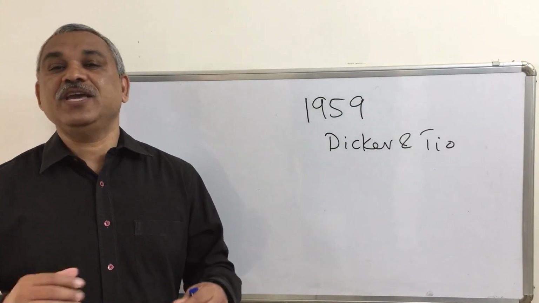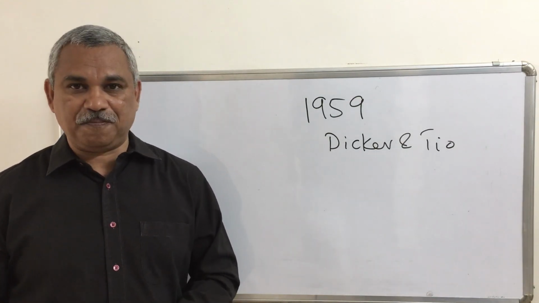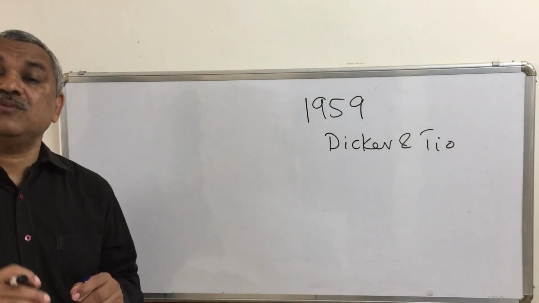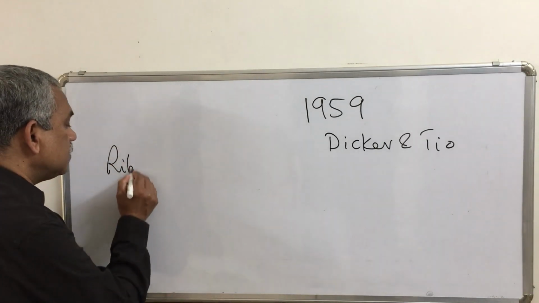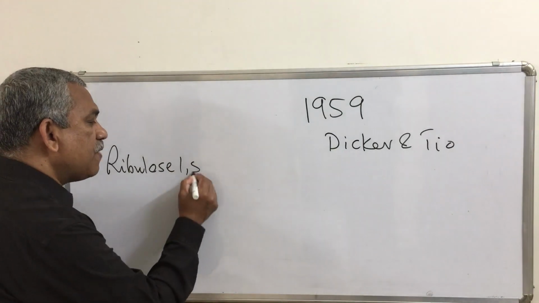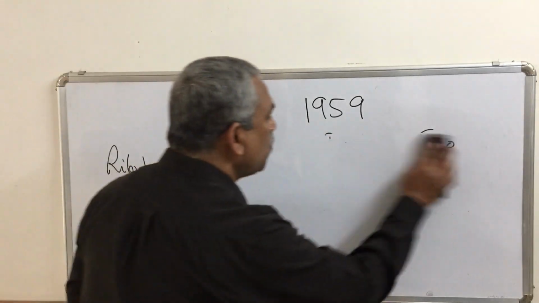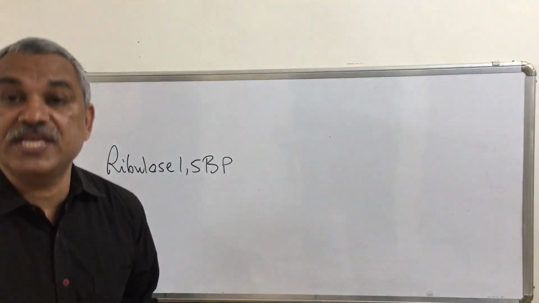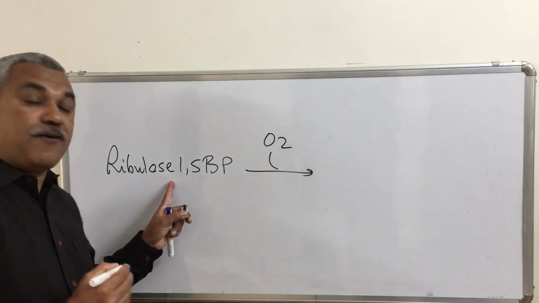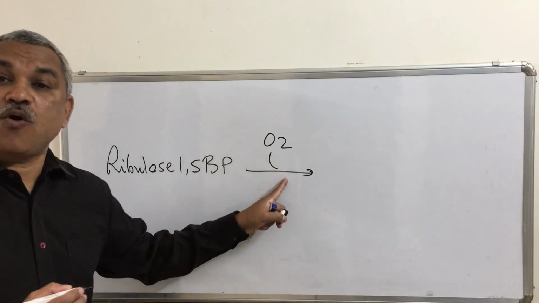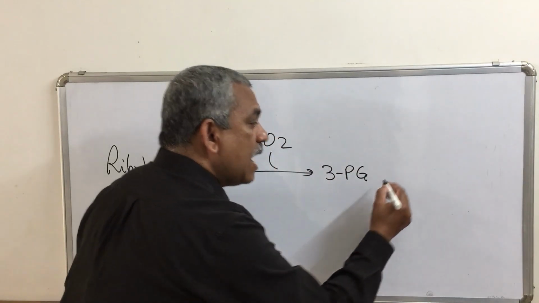In the previous video, we looked at the situation that leads towards O2 fixation by Rubisco. We are going to understand how these reactions are going to happen. We begin with ribulose 1,5-bisphosphate. This is the starting molecule. Now this ribulose 1,5-bisphosphate, by the activity of the enzyme Rubisco, is fixing an oxygen. And these are 5 carbon. And if oxygen is added, we are getting a 3 carbon, that is 3-phosphoglycerate and